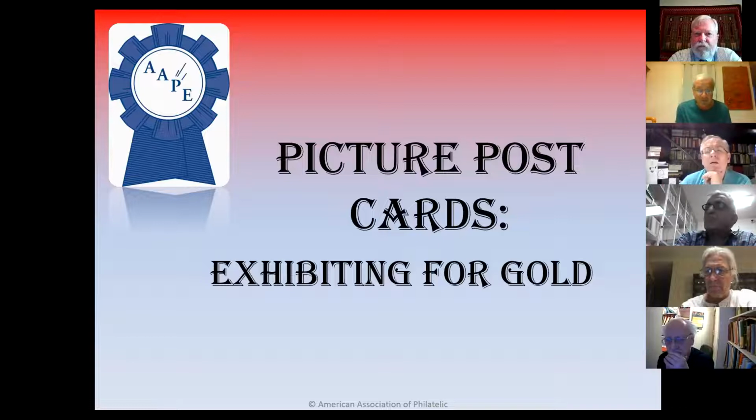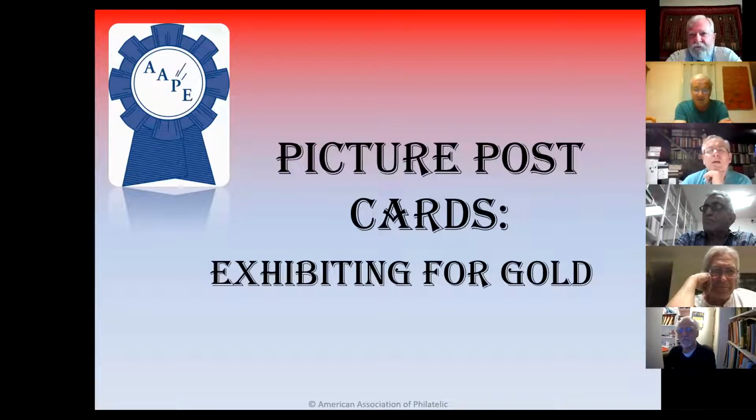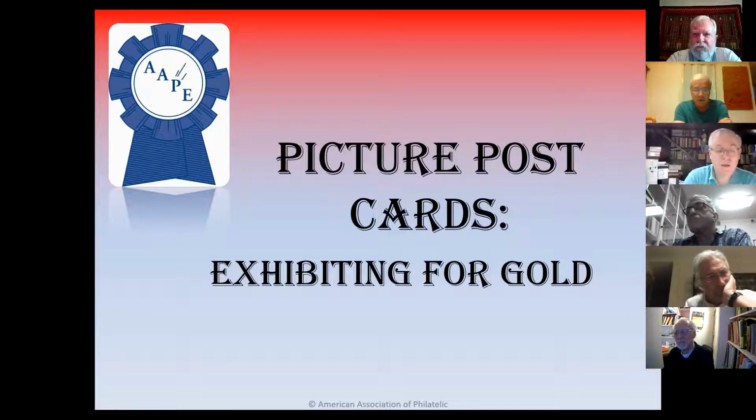And now I have the pleasure of introducing Tim Bartschys. Tim has been a philatelist since he was a small child. He's focusing on the Boer republics, Orange Free State and Transvaal. He's been exhibiting since 1997, and since then he's built, believe it or not, about 30 or more different exhibits, absolutely amazing. And it is not only about quantity, but also about quality, because he's won large gold in London